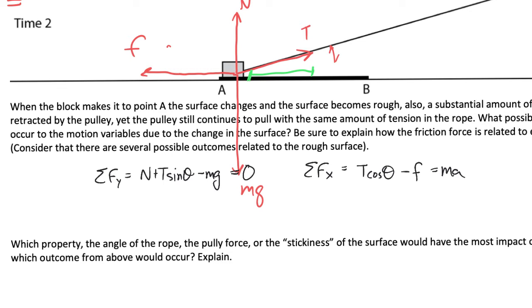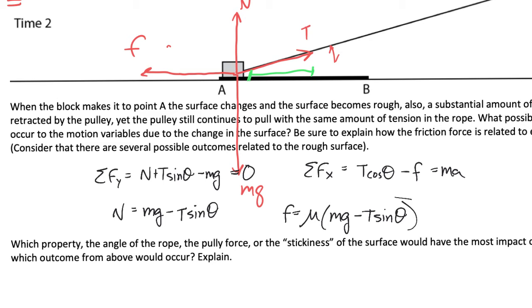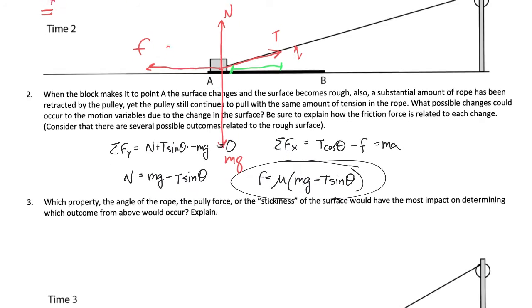Now, I'm unlikely to ask you to do all this because it's a lot of algebra. But the reason I'm doing this with you for a moment is for you to understand that there is part of this I expect you could be doing. So I solved this for normal force, and friction has to be mu times the normal force. So this is the thing to look at. Now, you don't have to do all of this to answer the question. But what I'm saying is, if you did do that,